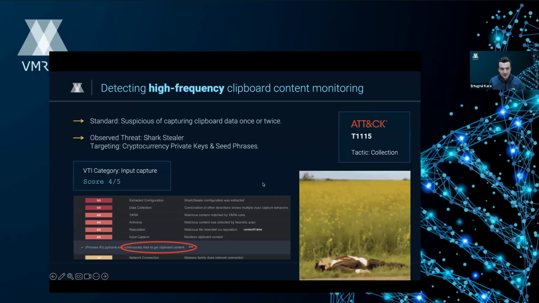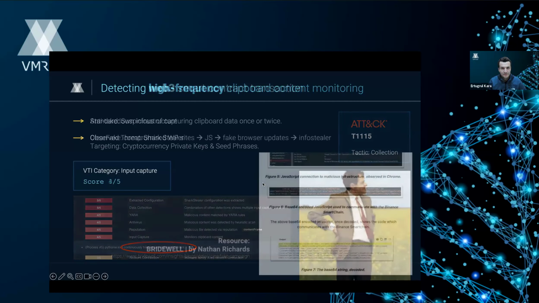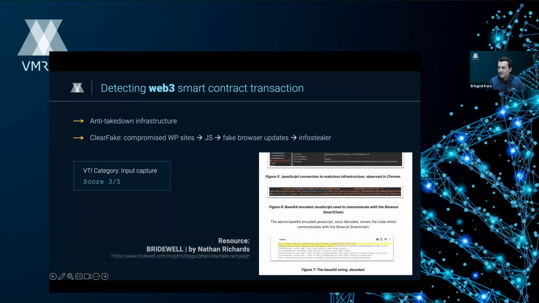And moving on from Mr. Bean, next one. Some of you might remember we recently touched on a technique called EtherHiding. I know, I'm butchering it. It was again a Shark Stealer sample, and we touched on this in December last year, in the last edition. We felt it was critical to create a specific VTI that flags when a sample starts talking to the blockchain.